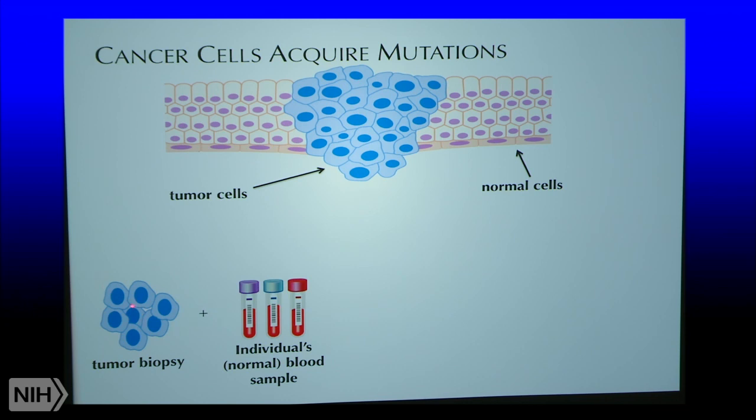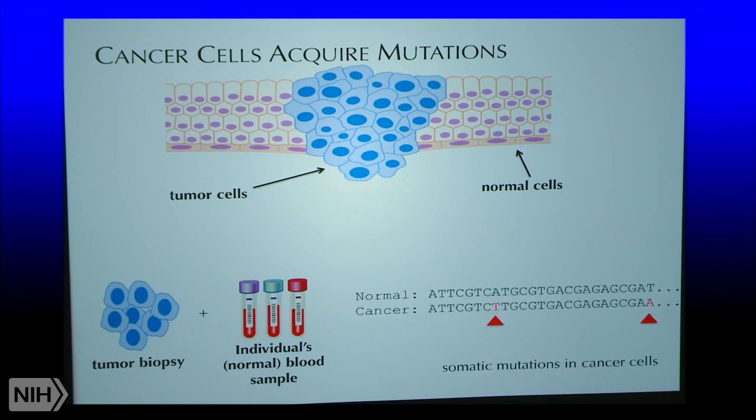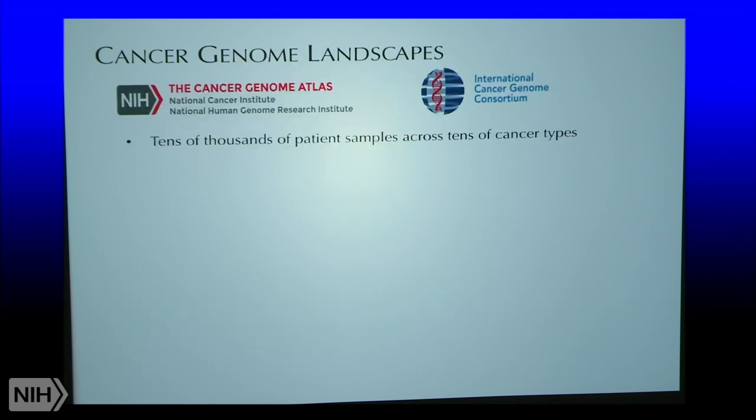So you can sequence the tumor, you can sequence a normal blood sample, and then you call the differences, and these are the somatic mutations that have occurred in cancer cells. So, of course, we're now in a place where this has been done at large scale through efforts such as the TCGA and ICGC, where we now have tens of thousands of patient samples that have been sequenced across tens